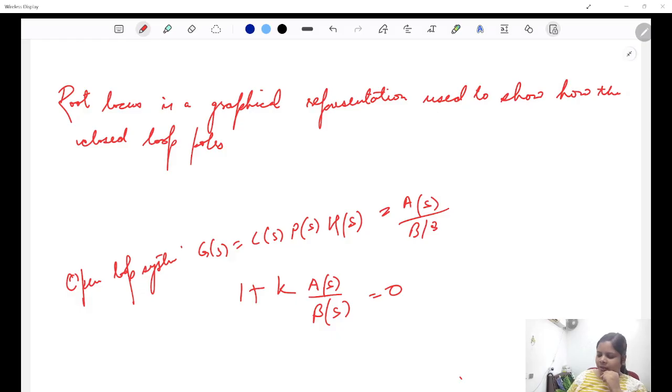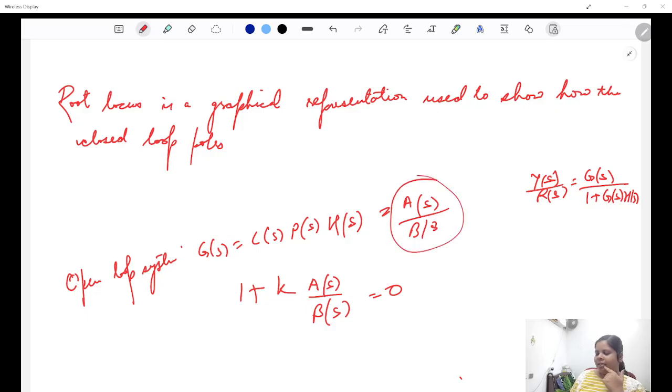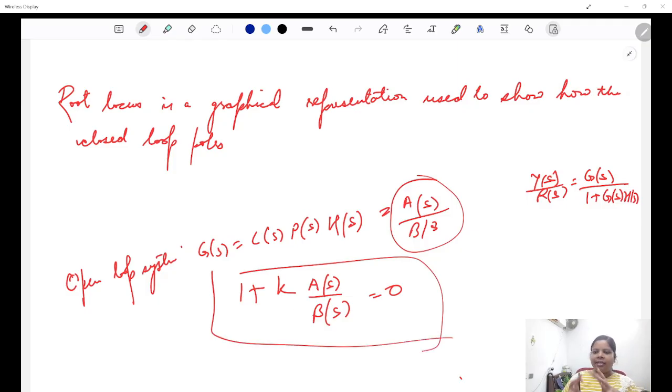I hope this is clear. Why is it the characteristic equation? Because Y(s) upon R(s) is given by G(s) upon 1 plus G(s)H(s), and I am representing that G(s)H(s) by A(s) upon B(s). So this is ultimately your characteristic equation. Whatever characteristic equation you get, it is for sure that this K is going to have a role in the placement of poles. So the root locus is basically a graphical method in control systems used to show how the closed loop poles of a system